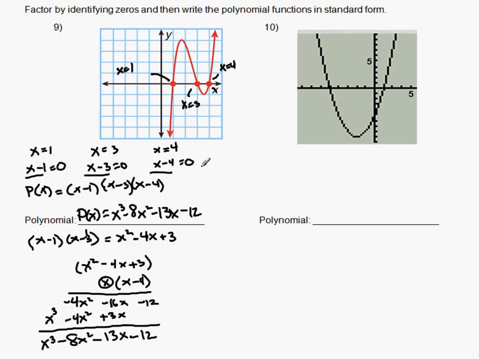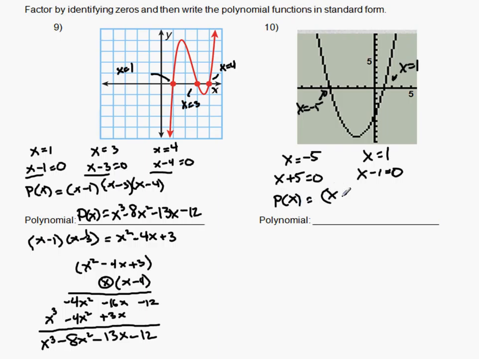Okay, going to number 10. Here my zeros are negative 5. X equals negative 5. Here it's x equals 1. So I'm going to go x equals negative 5, x equals 1, and then this becomes x plus 5 equals 0, x minus 1 equals 0. So I know my function then consists of the factors x plus 5